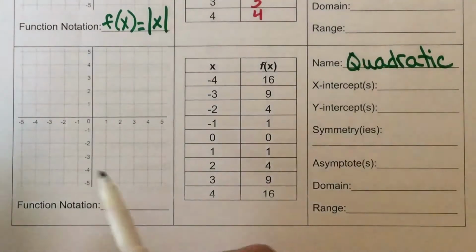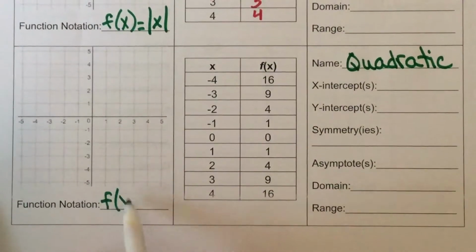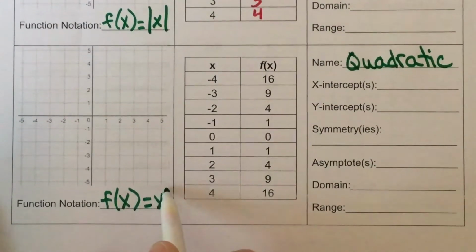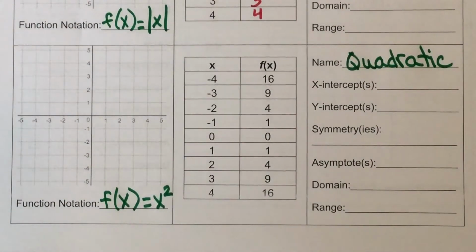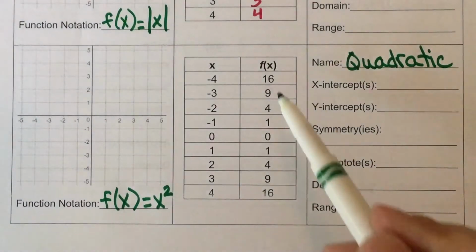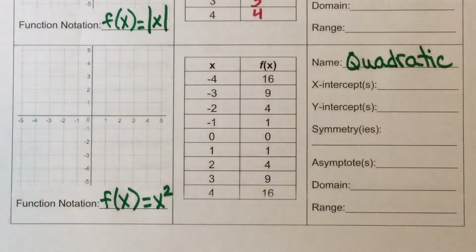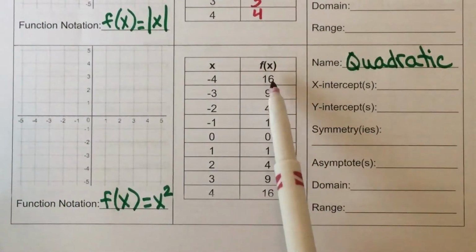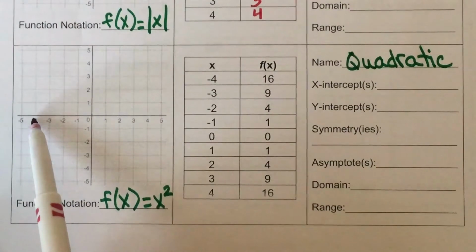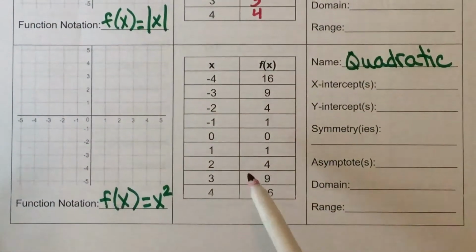The equation is f of x equals x squared. This is our U-shaped graph. Okay, now they already gave us the table of values, so I can just plot these points. So I'm actually just going to do that. So this would mean go left 4 and up 16. But when I go left 4, there's really no room to go up 16, so I'm not going to start